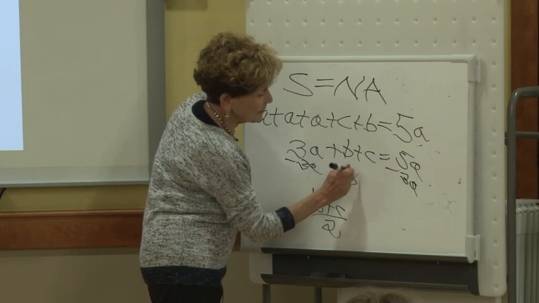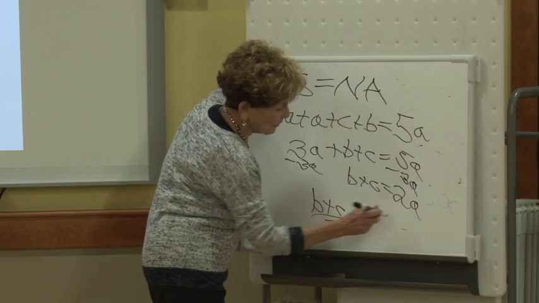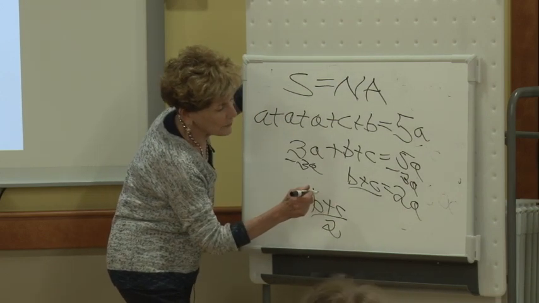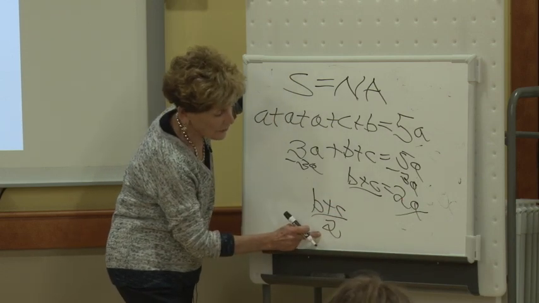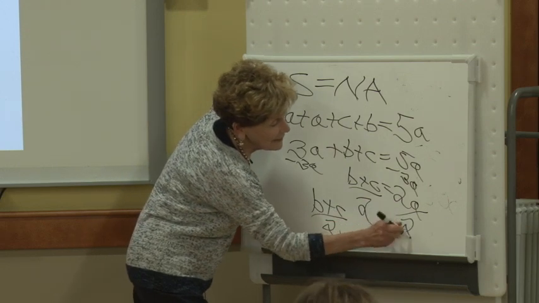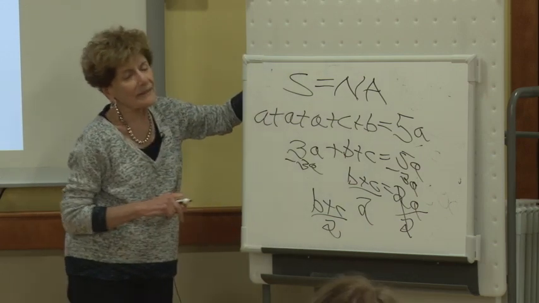I now have b plus c equals 2a. Come on, what picture do they want? A bar. Put it there, but whatever you do to one side, you've got to do the other. What else do they want in your picture? A 2. Whatever you do to one side. And now, cancel, and you're left with